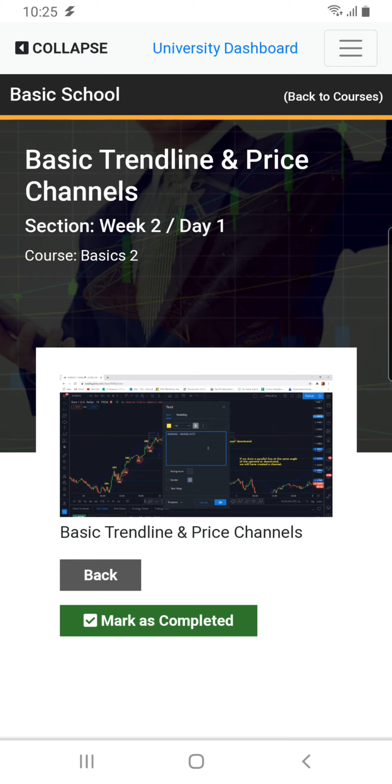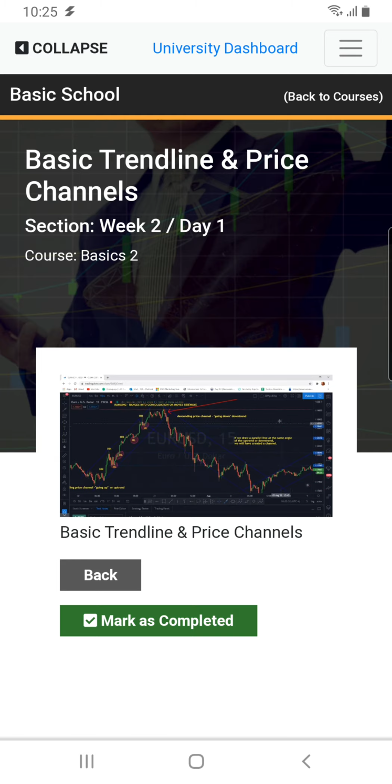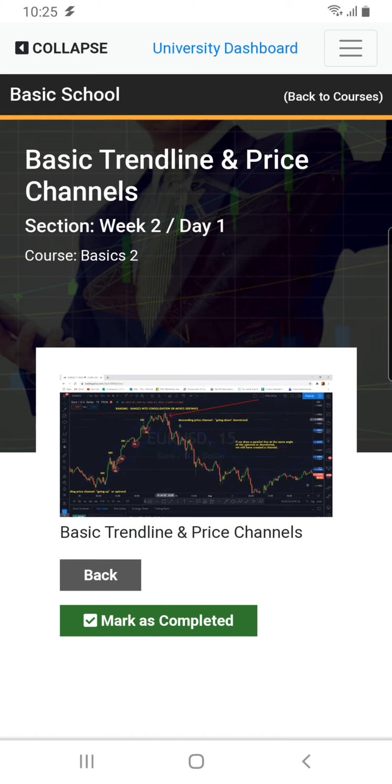Ranges into consolidation or moves sideways, which is a key identification that we are headed into a trend change. Okay, when this happens